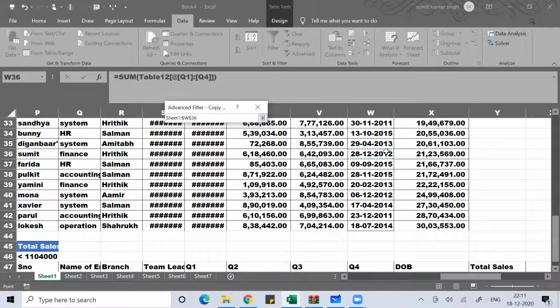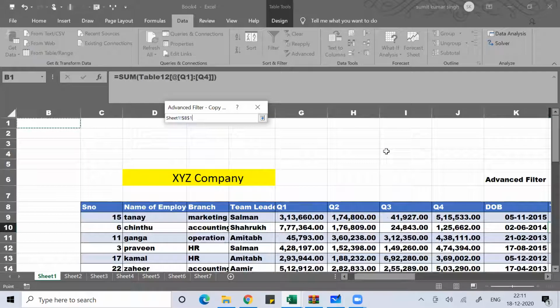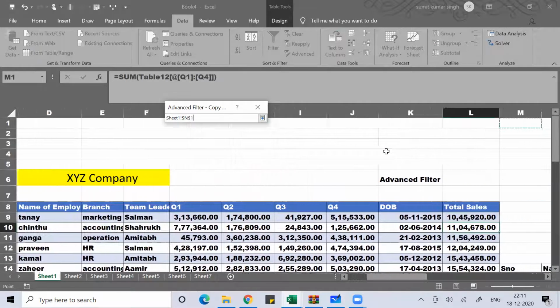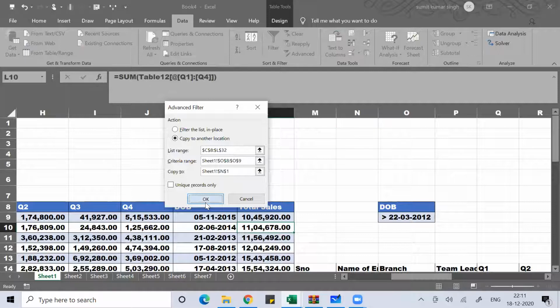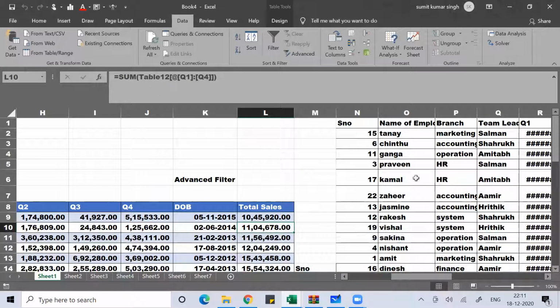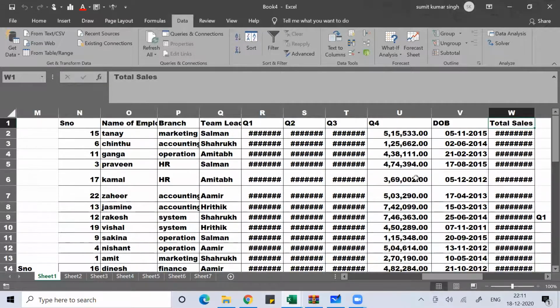Suppose I will put it here simply because of space problem. So press OK. So here it's working. There's no problem.